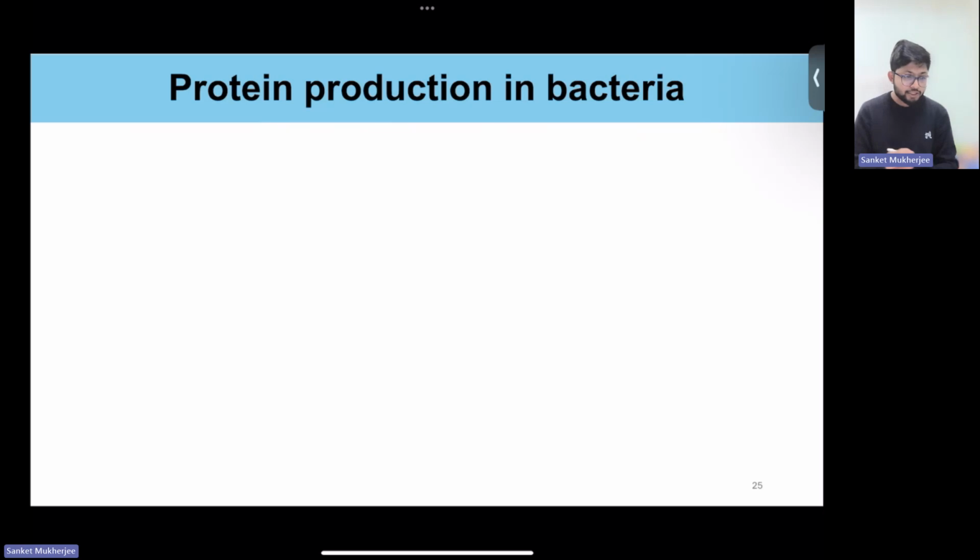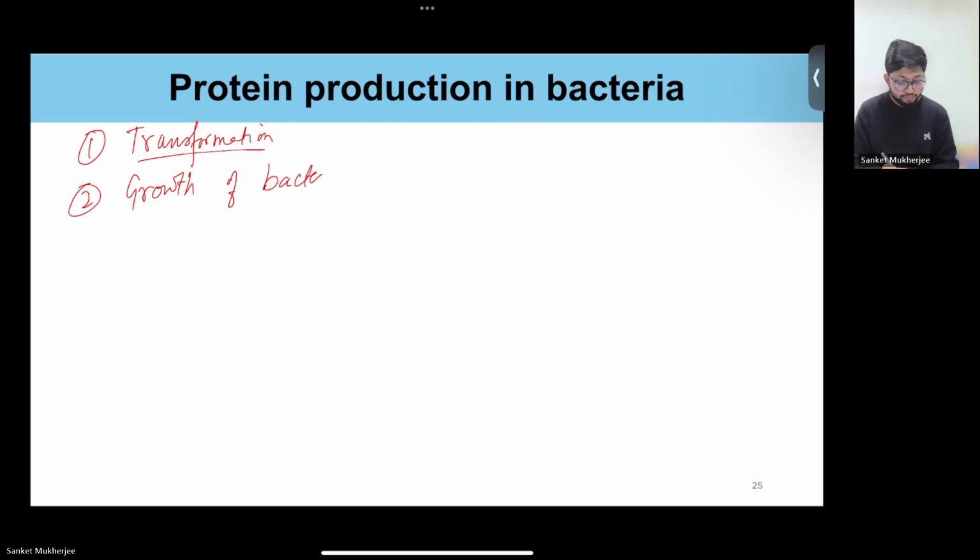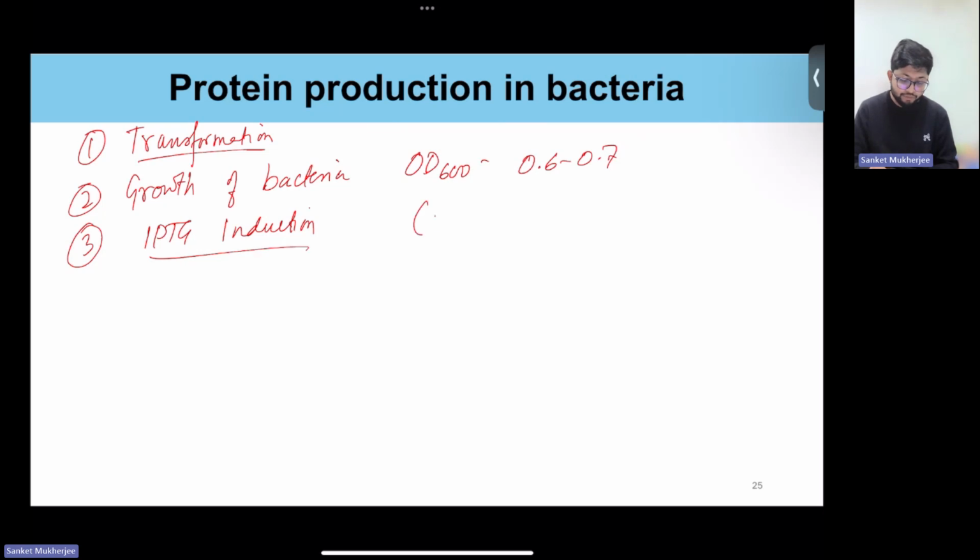Now, protein production essentially leads, what are the steps? First is the transformation. Transformation is essentially where you insert the DNA into the cell, then you cause growth of bacteria, to an OD 600 ranging from 0.6 to 0.7. There we give IPTG for induction. IPTG is usually given in the range of 0 to 1 millimolar, and it could be given for 3 to 6 hours to check whether your protein is getting